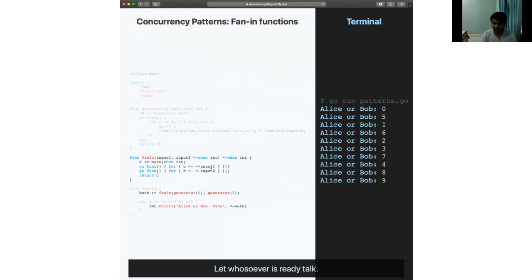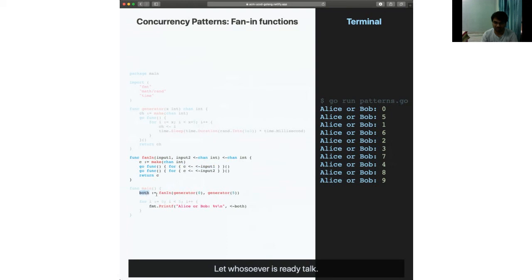So yeah, in this fan-in function, we declare a new channel called C, and we spawn 2 different Go routines, and each of the Go routines does the same thing. It takes a value from input 1, and this puts a value into C. And this finally just returns C. So these 2 Go routines just keep running in the background, whereas C just gets returned immediately.